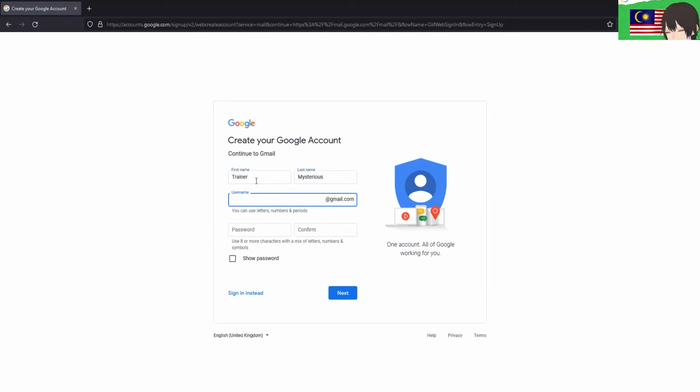Usually for the students, we will use the Kiddo account, Kiddo Soul followed by your ID. But for this one, I'm just gonna put in a random username, okay? Trainer, mysterious, 1 2 3 3 2 1. And then password, usually it's a Kiddo password, we play 2 times, but it's okay for this part. I mean, for the tutorial, I'm just gonna put in something random. I'm not sure. Maybe